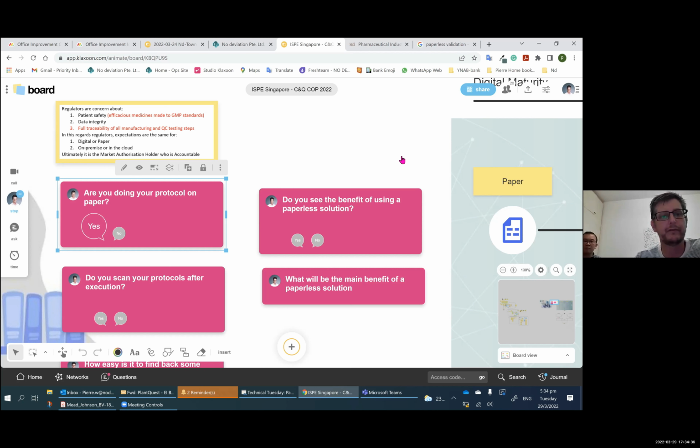What we try to do is to talk about paperless, paper to glass, and it shouldn't be limited to CQV. In the ISPE, you have communities of practice, and we have a community of practice of CNQ, which is the new baseline guide and things like that. But you also have a community of practice of paperless CNQ, which I'm part of, and it's a monthly call where we share ideas. The idea of this Technical Tuesday is to tell you what has been discussed over there, but also give back to that group what we are doing here.